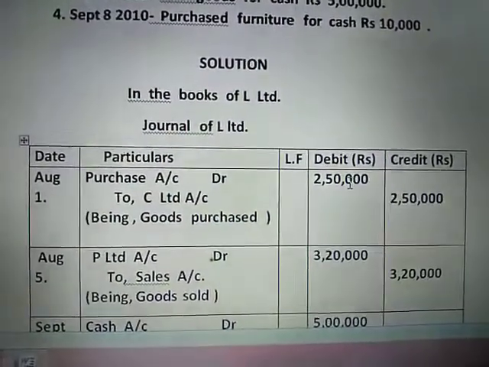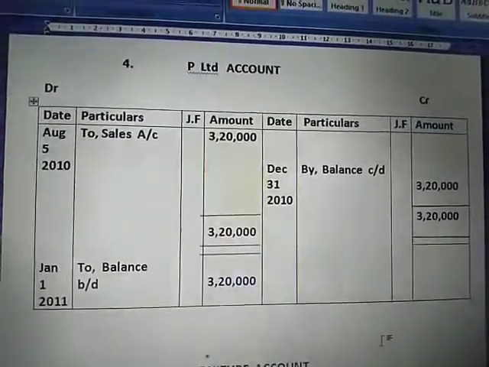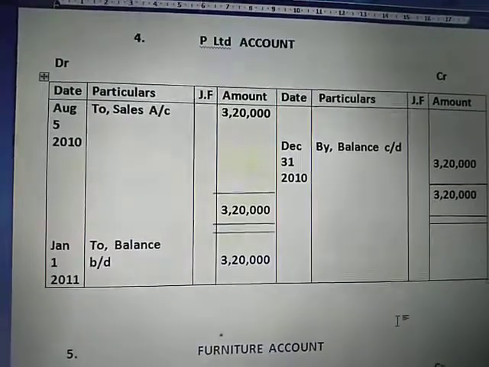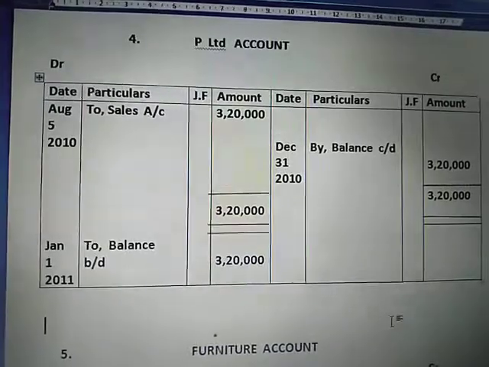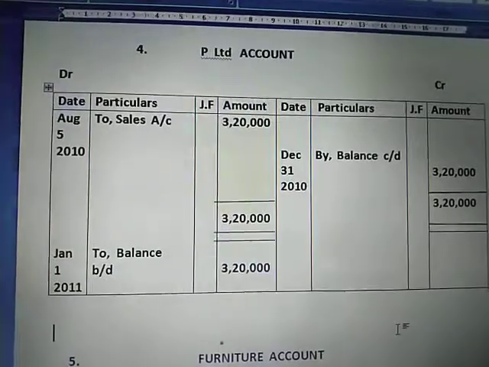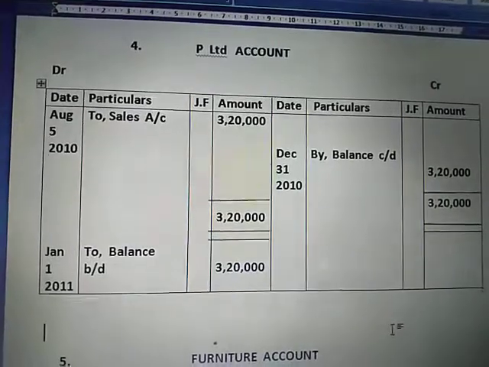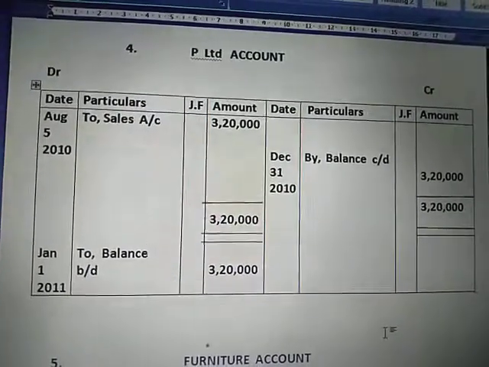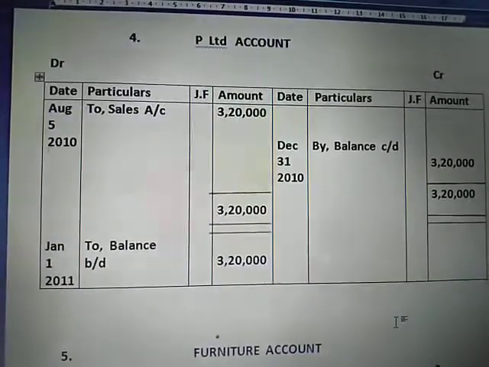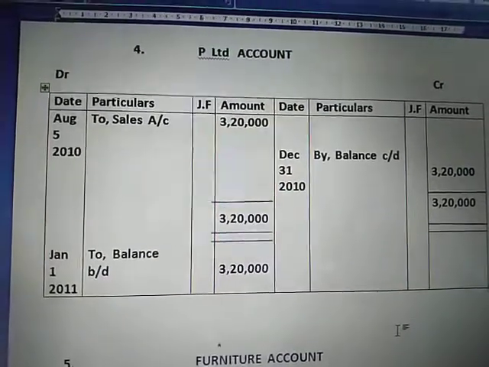Okay, so now let us move into those ledger accounts. Here we have P Limited account, the ledger account for P Limited. Since the entry was P Limited account debit to sales account, P Limited account was debited there, and the other account, sales, was credited, isn't it? So what did I say? Whatever is debited we have to record in the debit side, and since it is a debtors account, it automatically contains a debit balance. Increase in debtors will always be recorded in the debit side, so we'll write it as 2, the other account affected is sales account, so 2 sales account rupees 3,20,000.